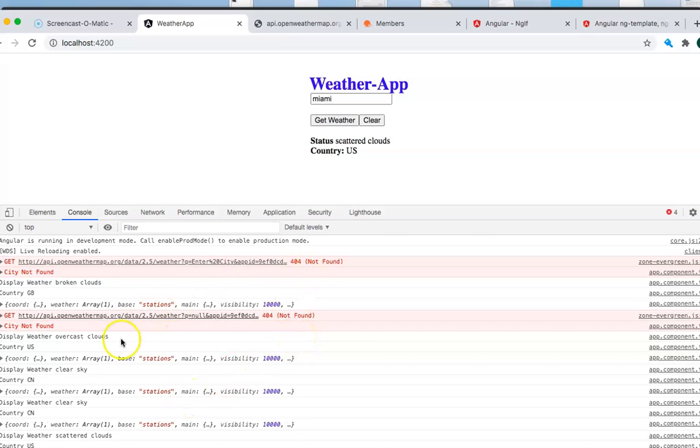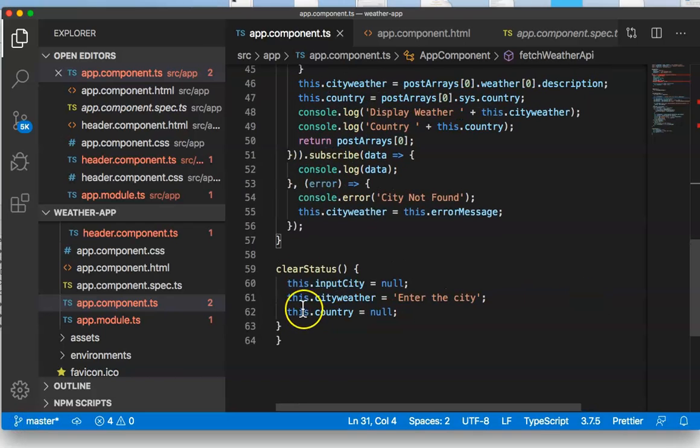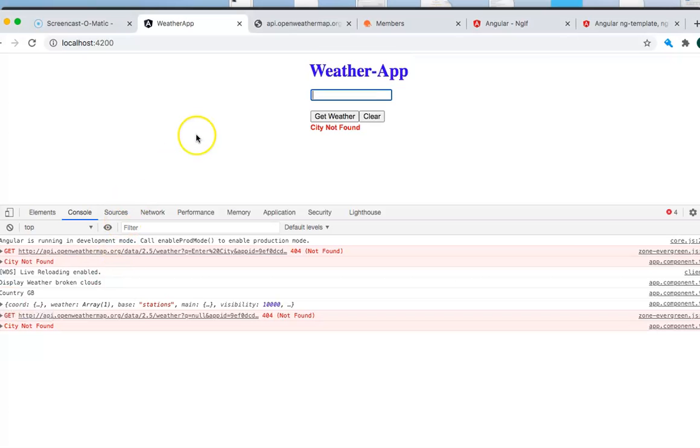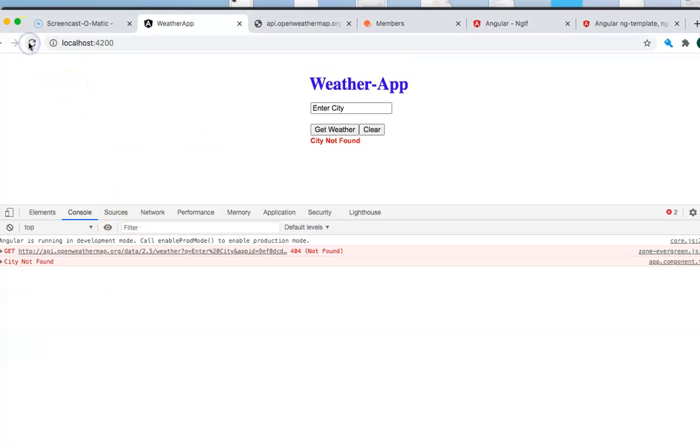Perfect. So I cleaned it up a little more. When I say clear status, I want it to display enter the city, and I also want to not show anything for the country. Those are the few things that I cleaned up. Let's go and look at it once more and see how it looks. So if I hit refresh,